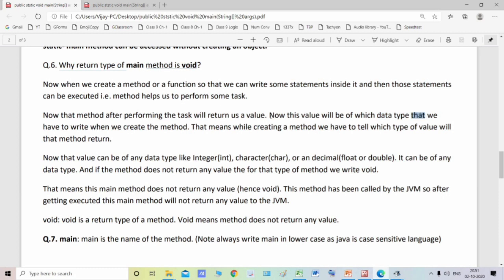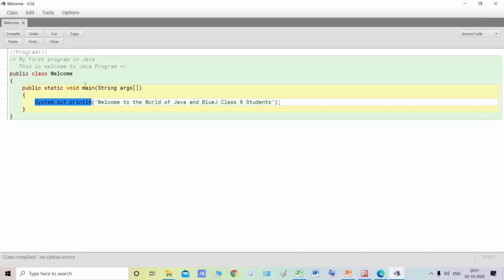Methods, when they perform tasks, they return a value. Return means give some value. Now this value will be of which data type? That we have to write when we create the method. For example, over here we created the main method. When we create the method, we have to tell the JVM what type of value it will return.